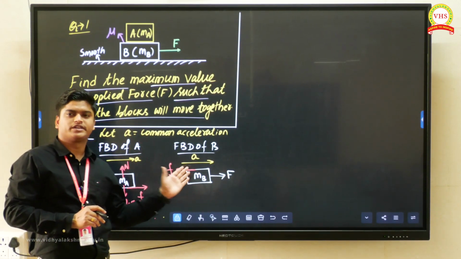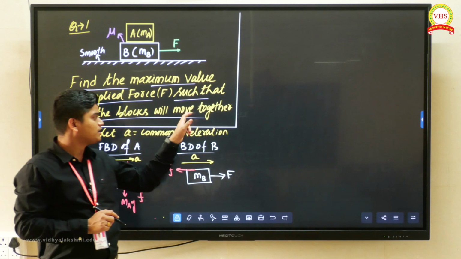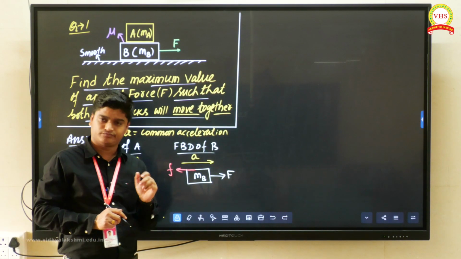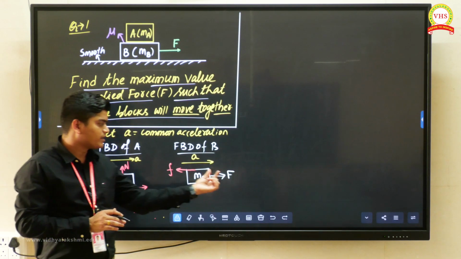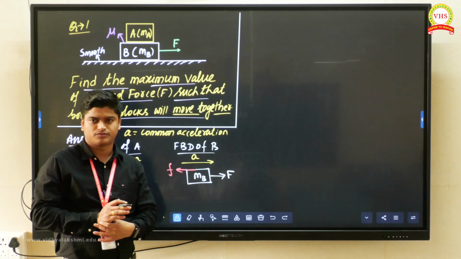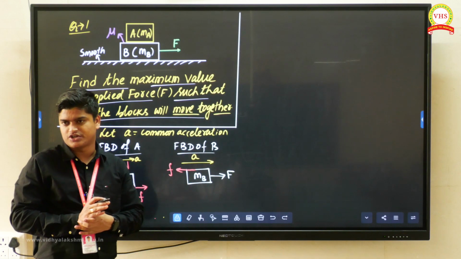Why did I take both the things with the same acceleration? Because they are telling us here that they are moving together. So that's why the common acceleration is A. Now I need to find what should be the maximum force, and let's consider this F is the maximum force